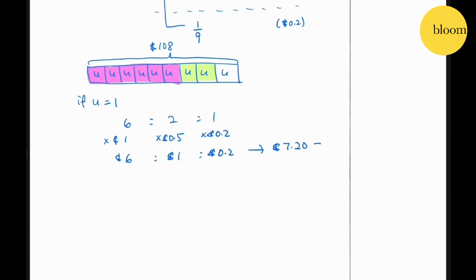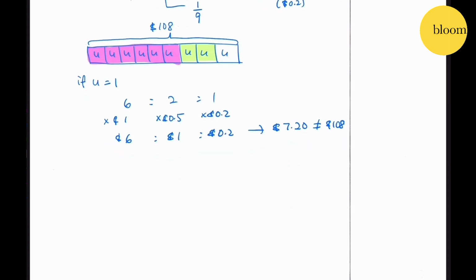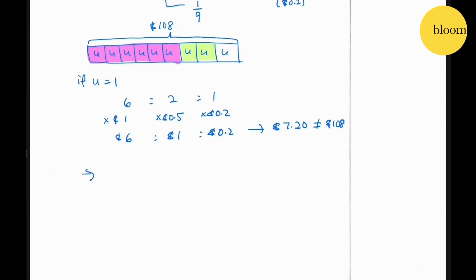But this is not $108. So we must find how many multiples of $7.20 give us $108. It gives us 15 times. So that means every unit is